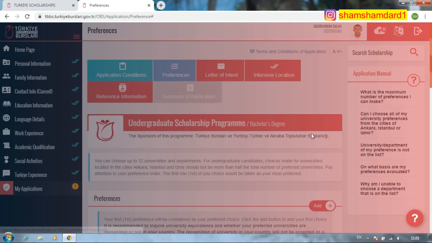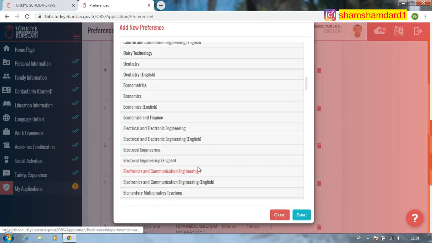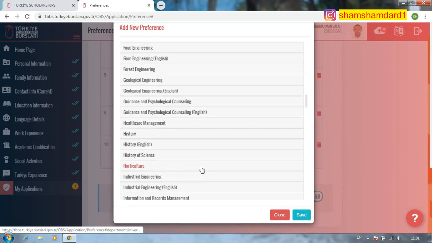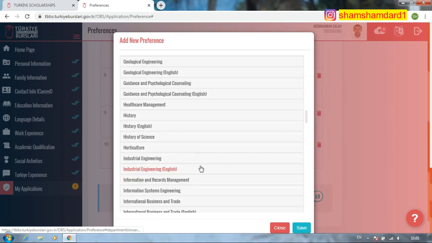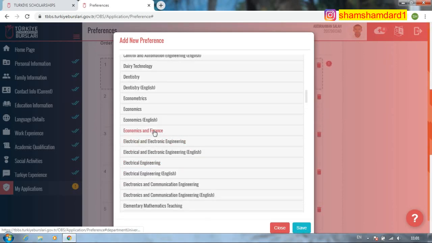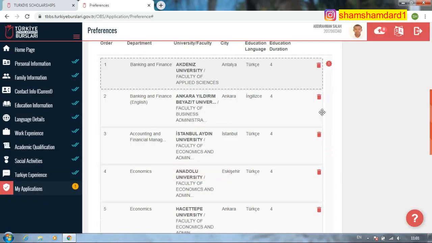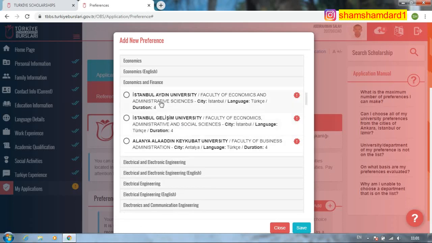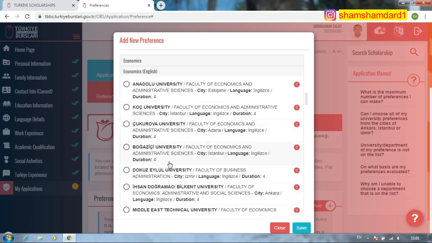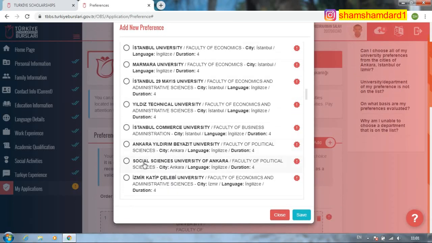Now I will select another university or faculty. So I will select economics and finance, and I will select any university you want, any faculty you want. You can select it from here. For example, I will select